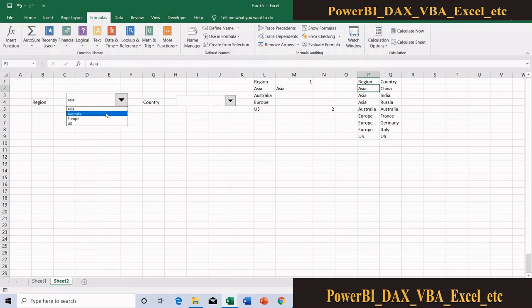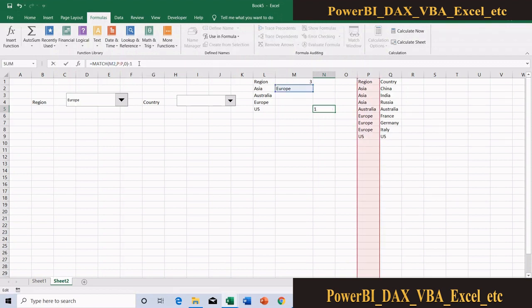If I am selecting Europe, you can see that 6. 1, 2, 3, 4, 5, 6. Actually 6 is the row number, but how many rows I need to offset? From this my reference point P1, 1, 2, 3, 4, 5 rows I need to offset. So from the number I need to minus 1 here for adjusting that.